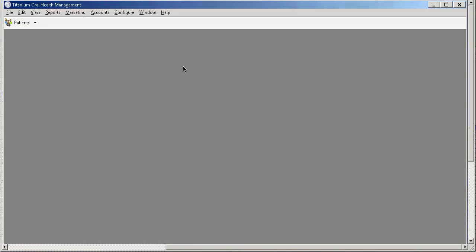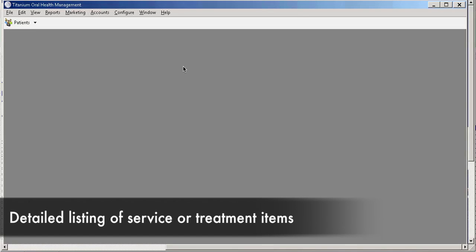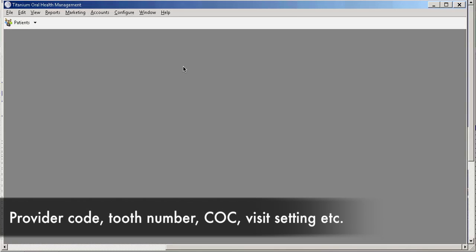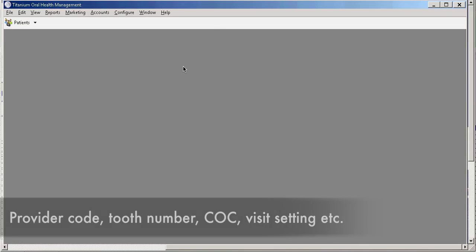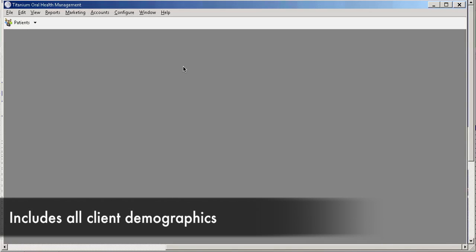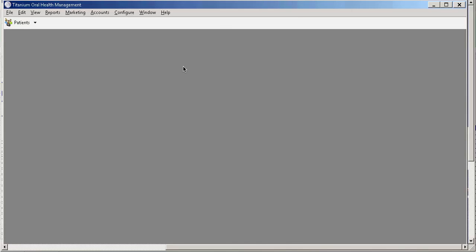The Service Detail Report, as the name of the report implies, is a detailed listing of service or treatment items provided within a defined date range. Each row of the report is a single treatment item entered in Titanium and includes all the details of the treatment, such as the provider code, tooth number, course of care it was provided in, visit setting, etc. The report also provides all the client demographics with each of the treatment items, making it quite a versatile report